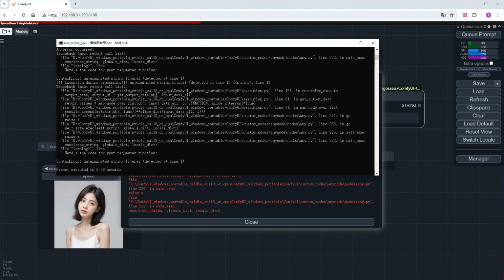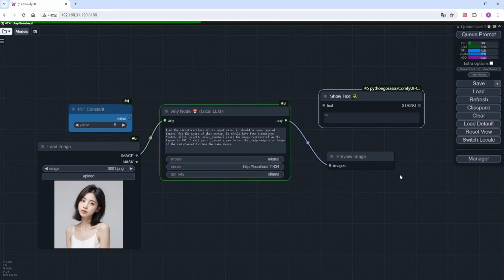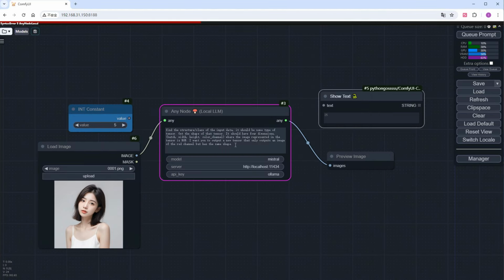Checking the backend reveals that the large language model didn't purely return code, but politely prefaced it with "here's the code for your requested function," which is not very helpful. Returning to ComfyUI, we can try again, because the second request not only asks the same question, but also includes the error from the last run. It still fails, indicating it couldn't autocorrect well. Let's handle it ourselves. Add "return only the code" at the end of the prompt. Running it again produces results,